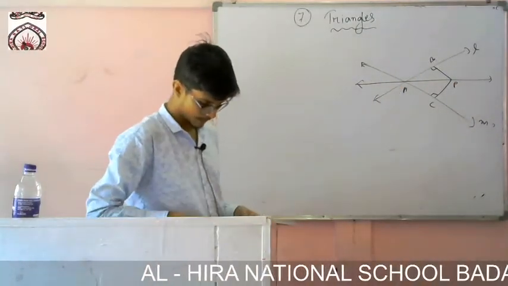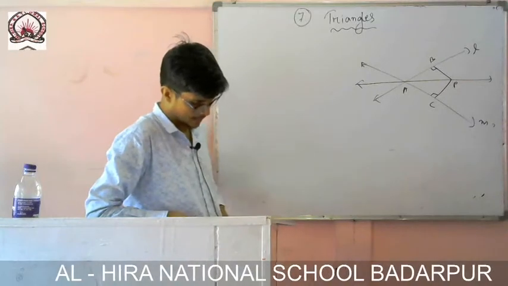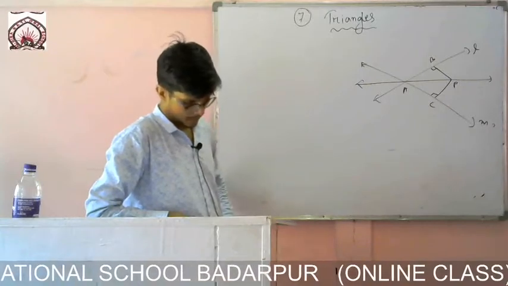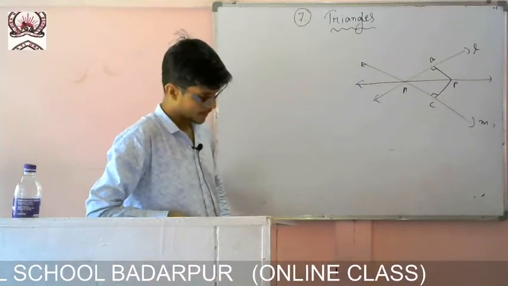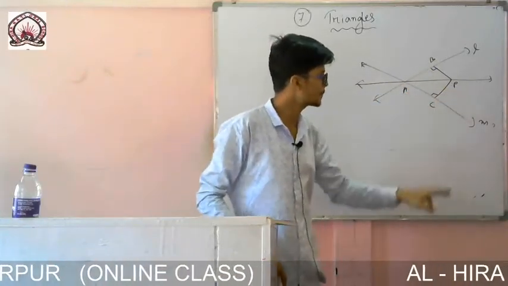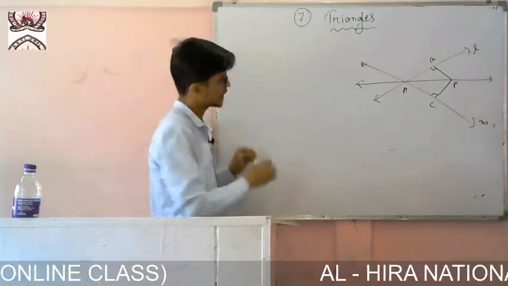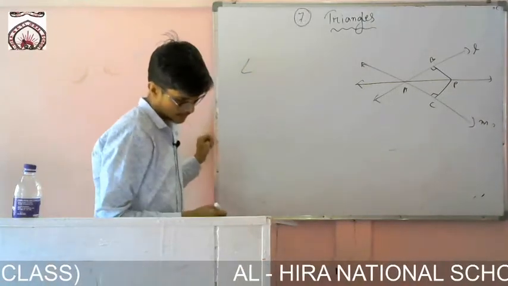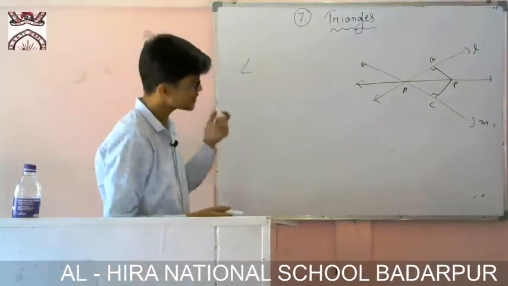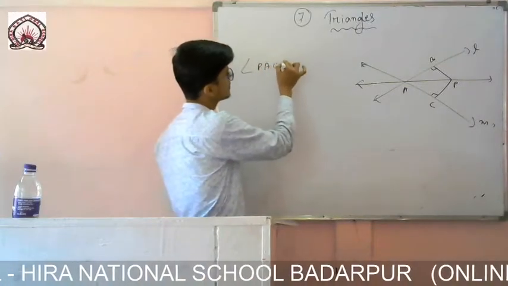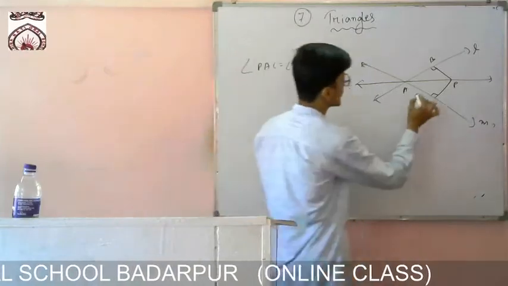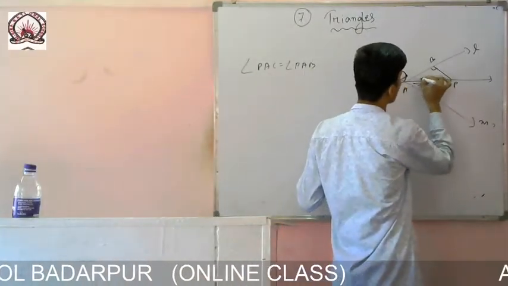You see example number 8. So it is given, you write like this: given L and M intersect each other at A, let PB be perpendicular to L and PC be perpendicular to M. So I have to show that the line AP bisects the angle between them. That means I have to show that angle PAC is equal to angle PAB, that this angle is equal to that one.